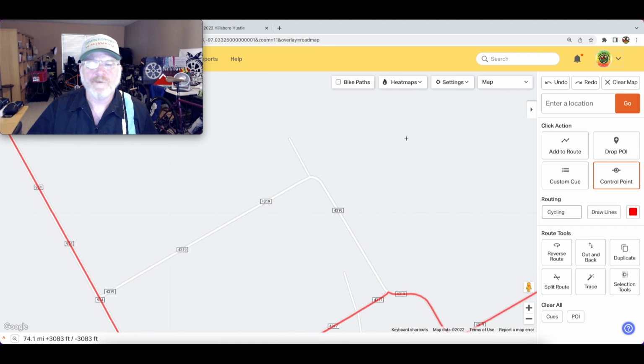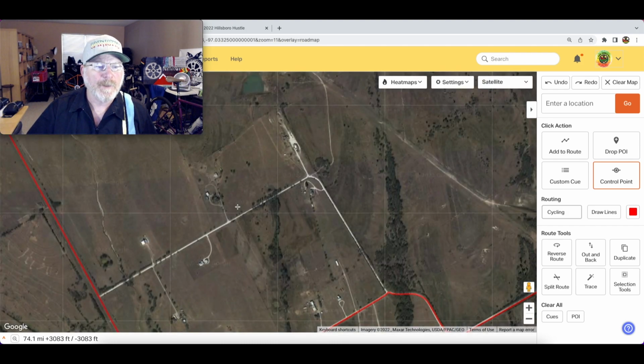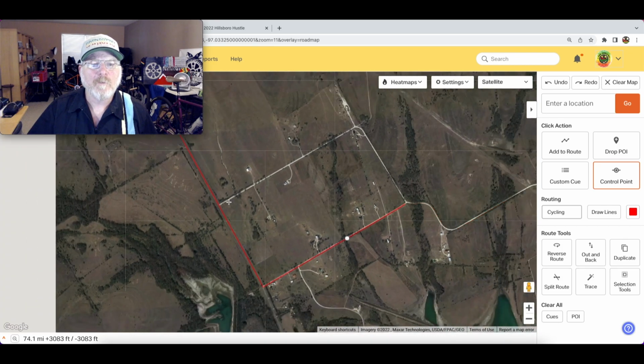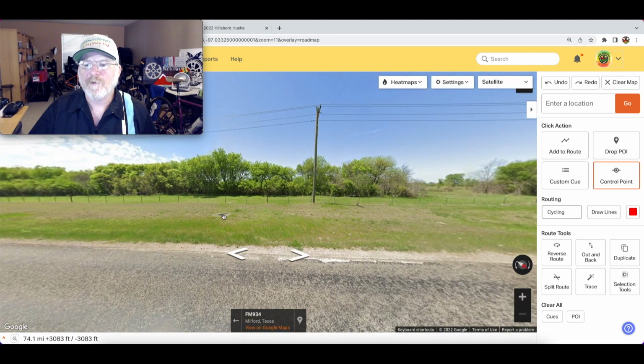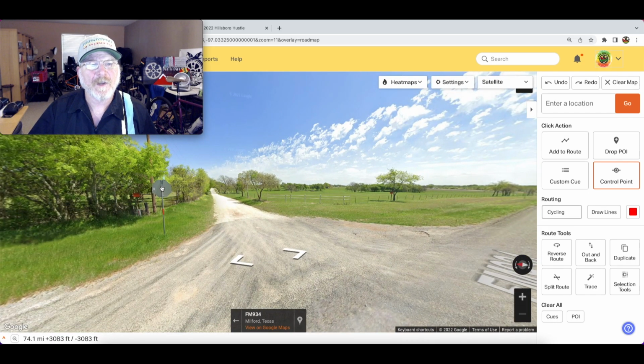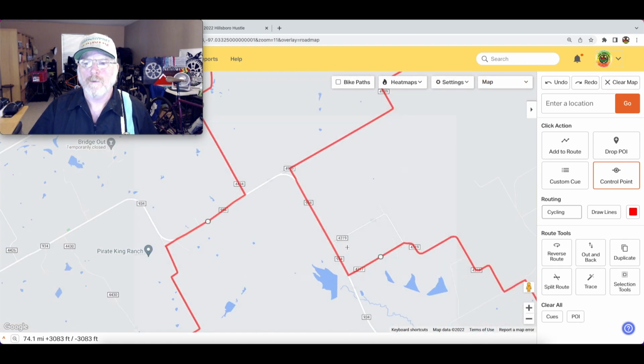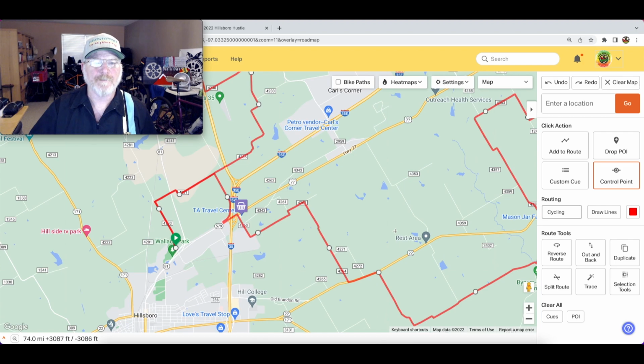And probably, if it lets us, I think that might be, no, it works. It works. Let's look at Google Street to make sure. I think one of these roads up here got turned into a private road, but I could be misremembering. There's a stop sign there and a county road sign. So let's go back to map. So we'll cut out a little bit there and put a control point here, move you over there. There we go. There's some good riding in here. All right, that's a pretty solid